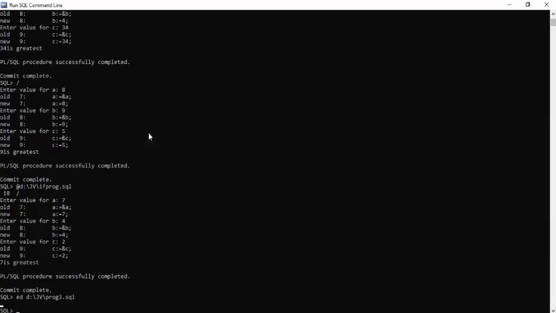Now the SQL prompt will be displayed. Now how can you run the program? Just write @ and the complete path. D colon backslash and the folder name where you have saved, backslash and the program name.